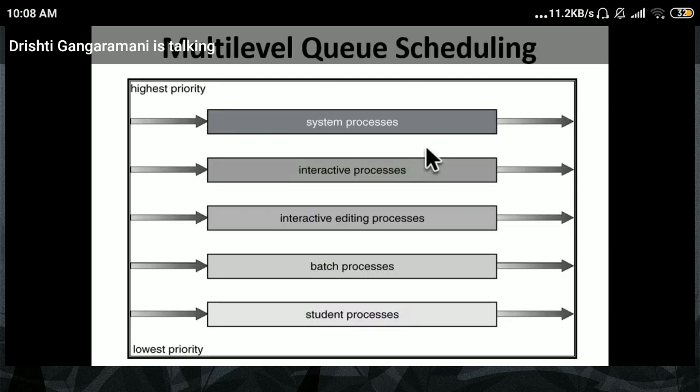Now, coming to the diagram of the multi-level queue scheduling. This is just an example. If you just see,